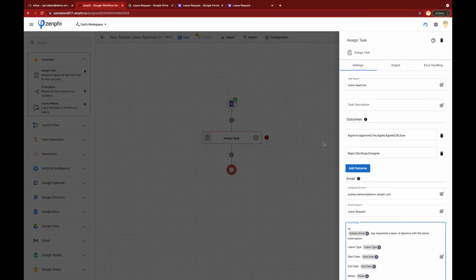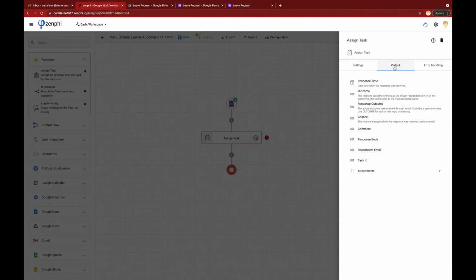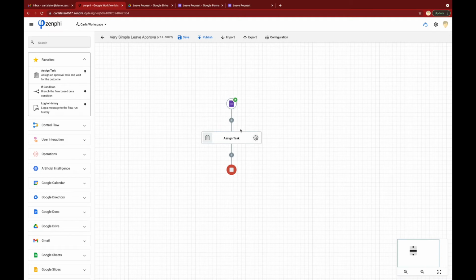Now, most of the tasks have got outputs. That means once they get executed, their value is available to subsequent actions. You can see the outputs from here. In our case, in assign task, these are the values available. So what we want to do, we want to check the outcome of the task. When the task gets assigned, what is the outcome? So I drag and drop an if condition,